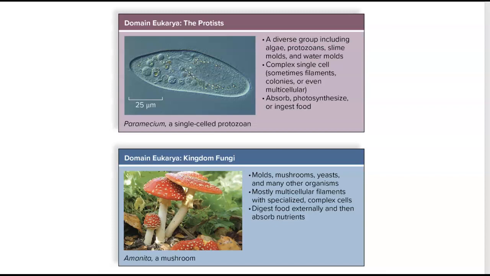Think about your mushrooms. You guys like bread? To make the bread rise, you use yeast. To make beer, yeast, and we'll talk about yeast and beer in another module. Throw some mushrooms on your pizza, etc. Some antibiotics come from fungi. Big key trait for them, they digest food externally and then absorb the nutrients. So fungi, interestingly enough, have a cell wall. It's made up of something different than the plants, though. Okay, so they're part of eukarya because they have a nucleus.